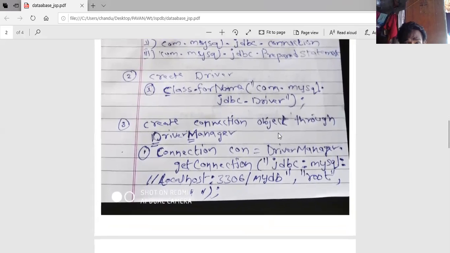Step 3, create the connection object through the driver manager. Connection con = DriverManager.getConnection. Here give the driver name, host name, database port number, then database name. And root is the username, the password is nothing.